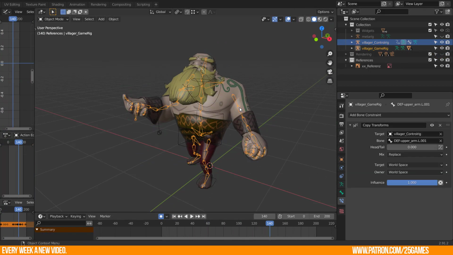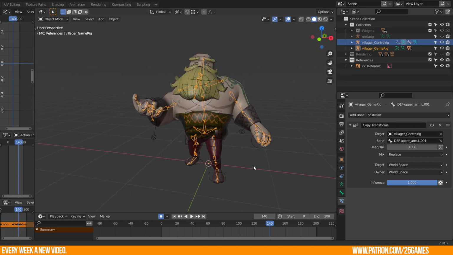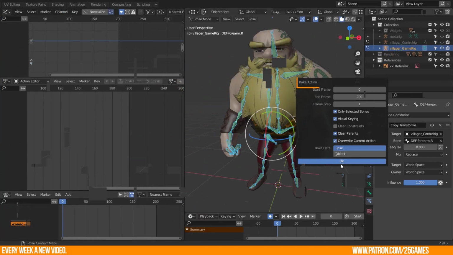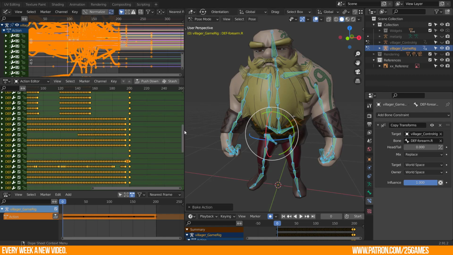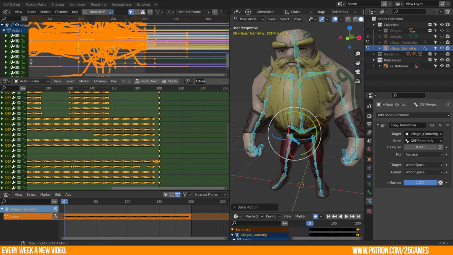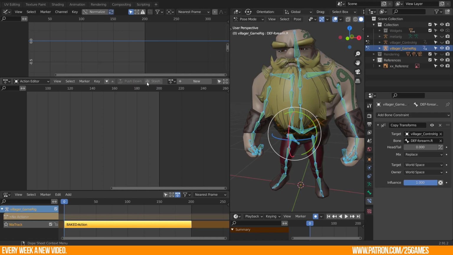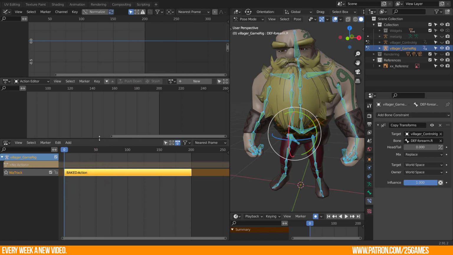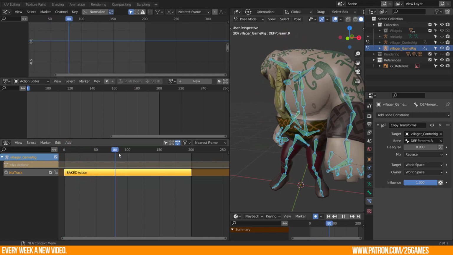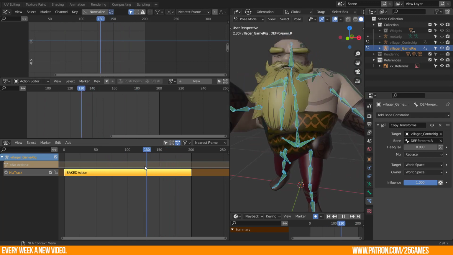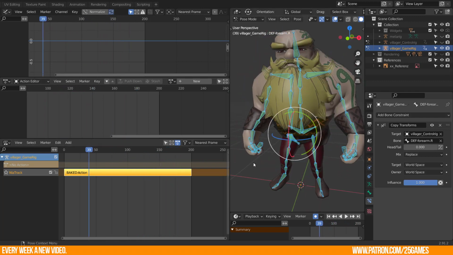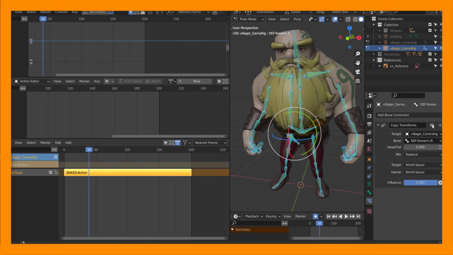But first you need to bring the animation from the control rig to the game rig. This process is called baking the actions. I will show you this in my next video. When you baked the actions to the game rig, then push down the actions from the action editor to the NLA editor. This is the only time to use the NLA editor. Then I do the final settings for the export. Check out my upcoming video for this.